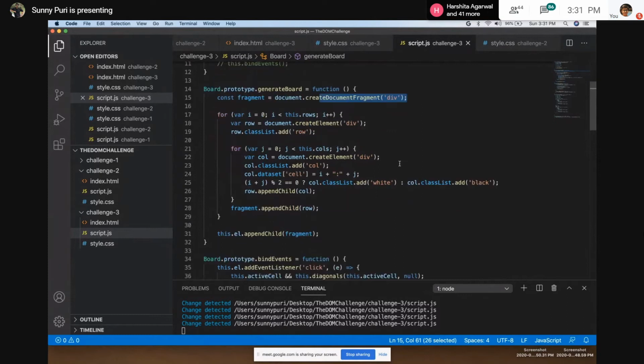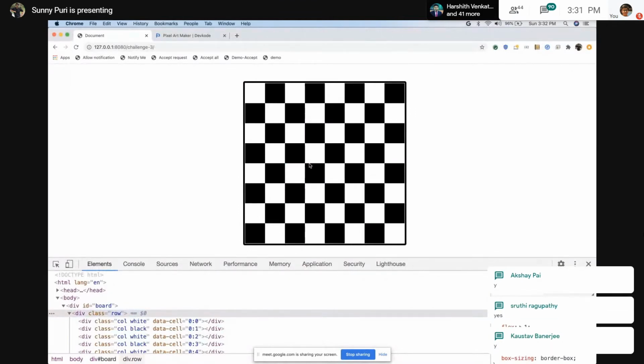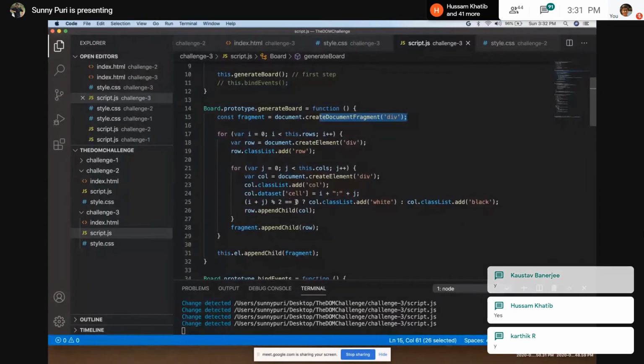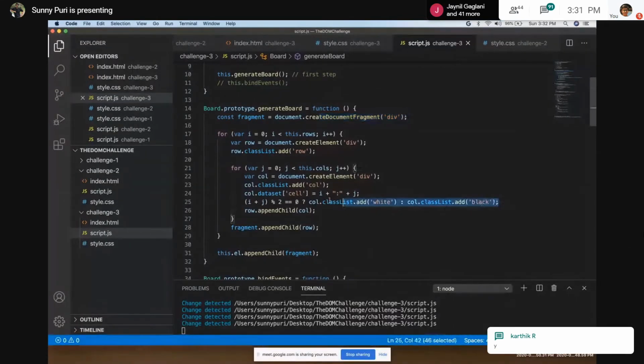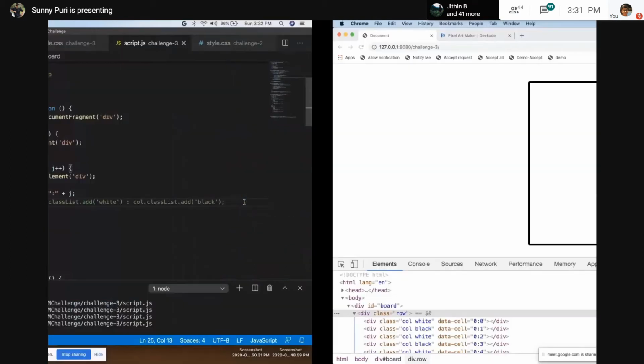Okay. So are you guys clear with this portion? Right now, no matter where I'm clicking, there are no bind events. I have just created the chessboard. Let's see how we are having the white and black. This is this line, how we are having this white and black. Let me comment this line. Let's see how it is coming in the UI.